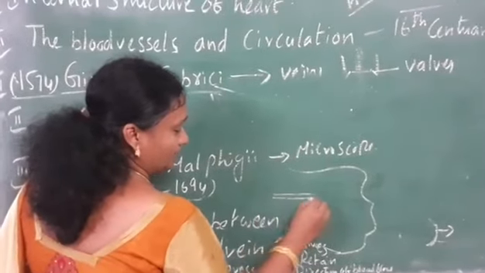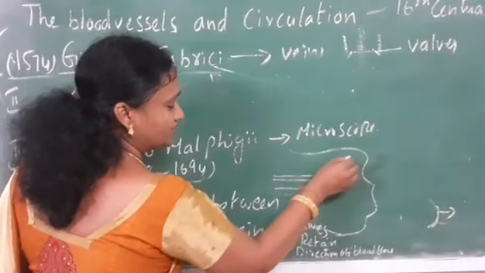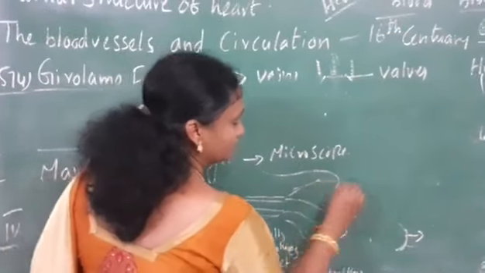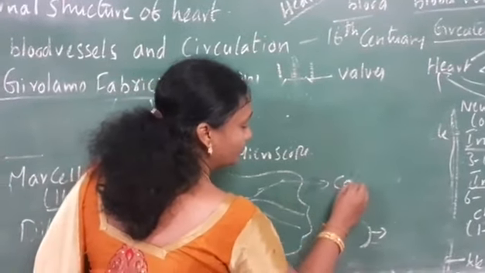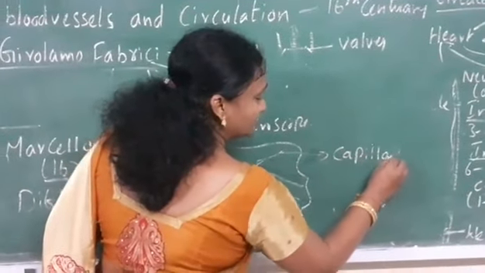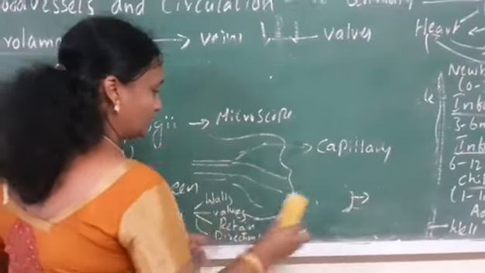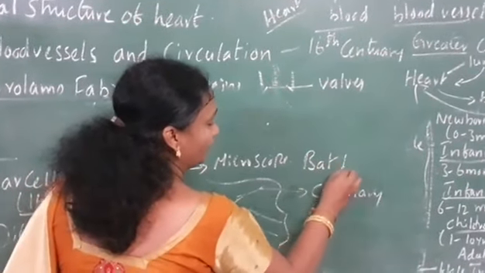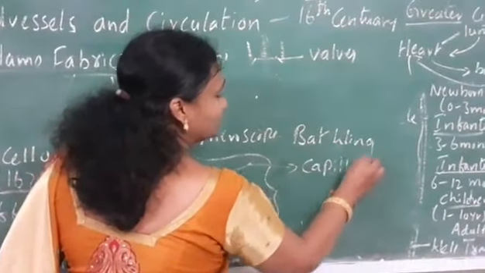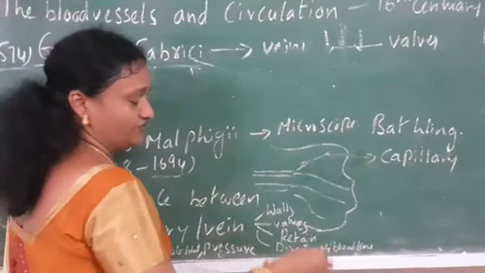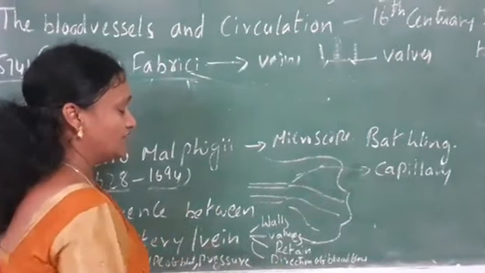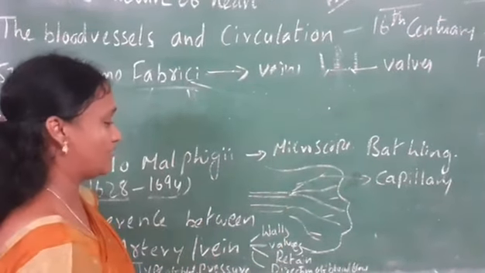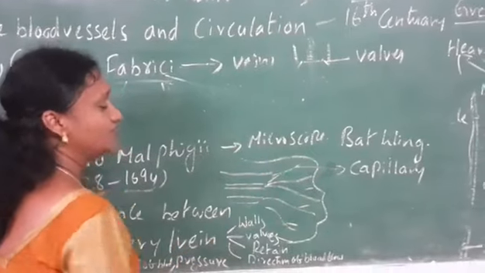He observed that the arteries are broken down into small branches, small blood vessels called capillaries. These he clearly observed in the bat's wing. In the wing, which is transparent, generally with the eye itself we can see the blood vessels. But tiny blood vessels we can't see clearly, so you can see them with the help of a microscope as it magnifies these blood vessels.